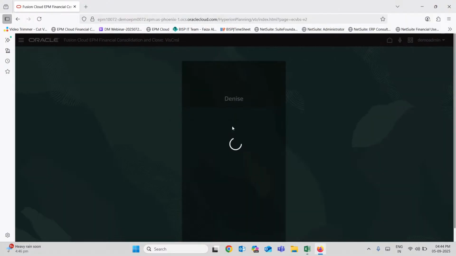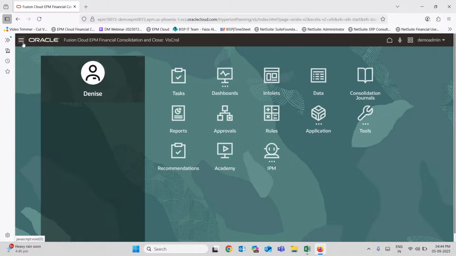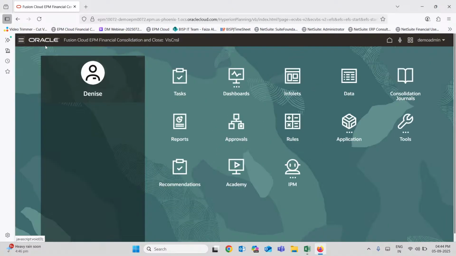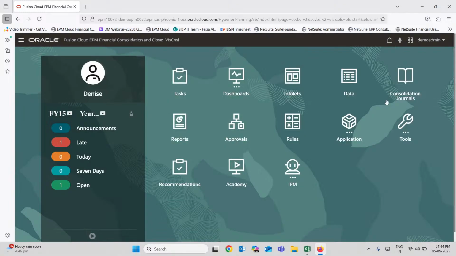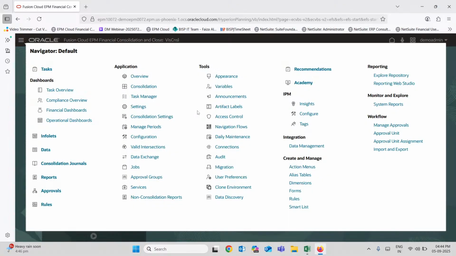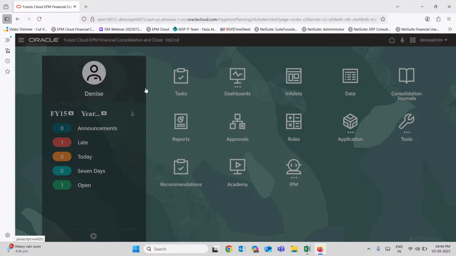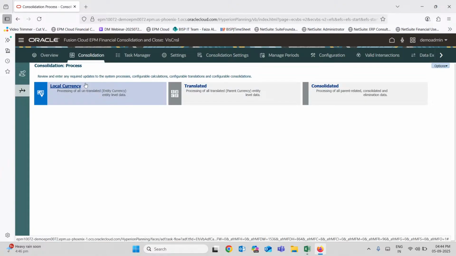As the application has loaded, from here let's check on the consolidation. Okay, so here in the application we have to go to the consolidation, this one, and now from here we are going to run the consolidation process. So consolidation rule. Here in consolidation process we have to go here to run the consolidation process, and here in consolidation process we have